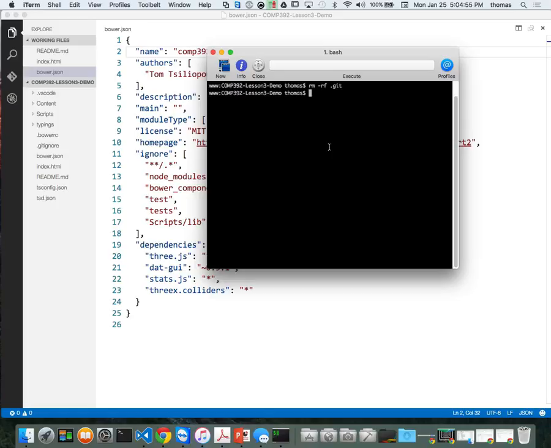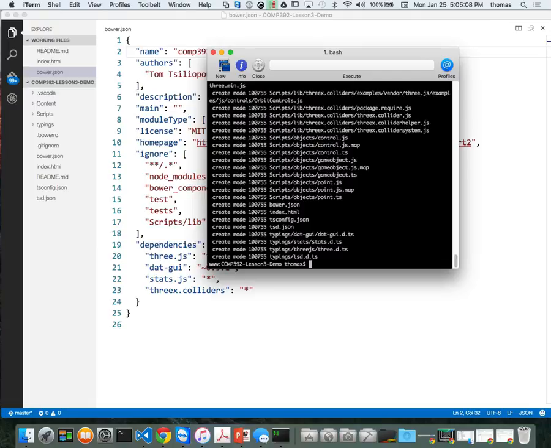Okay, now I got to reinitialize, and I'll do it again the same way. So git init. We've made our changes, so git add dot. We'll say git commit minus m, and we'll say initial commit. Right, good. And now we want to connect it to a repository that doesn't exist, but which we'll make right